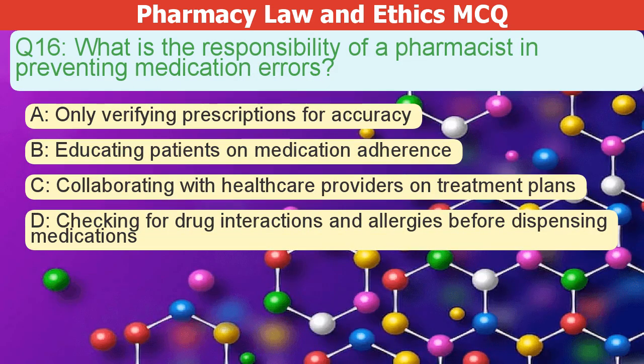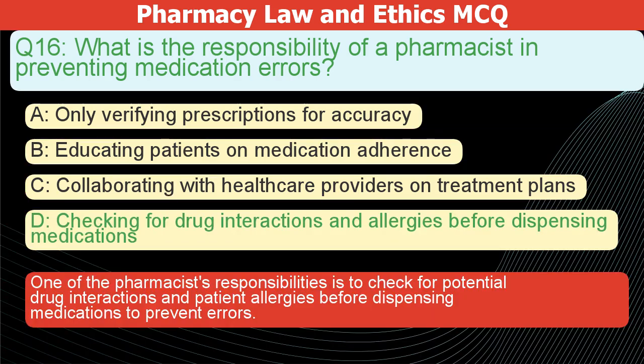What is a pharmacist's role in preventing medication errors? A. Verifying prescription accuracy. B. Educating patients on medication adherence. C. Collaborating with healthcare providers on treatment plans. D. Checking for drug interactions and allergies before dispensing medications. The correct answer is D. One of the pharmacist's responsibilities is to check for potential drug interactions and patient allergies before dispensing medications to prevent